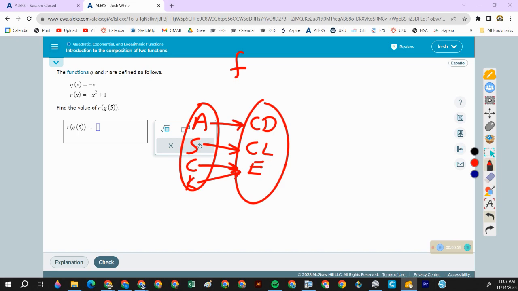The only rule that a function has to follow is no person can live in two cities at the same time. You either live in one or you live in another. You can't live in both, right? So can multiple people live in Elmo? Yeah, that's totally fine. What if I had another function and I called it function g,